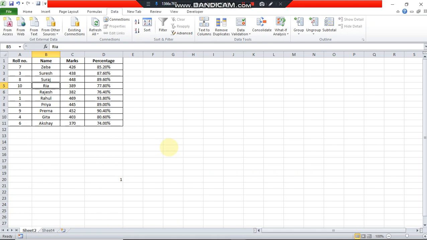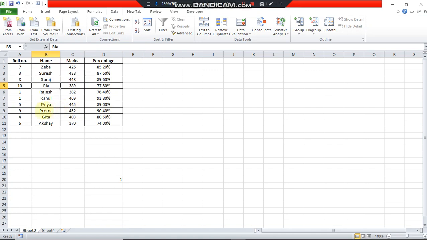Let me give you an example, then you will understand more clearly. I have already made a worksheet. It contains roll number, names, marks as well as percentage of 10 students. We'll be applying these techniques on this table only.